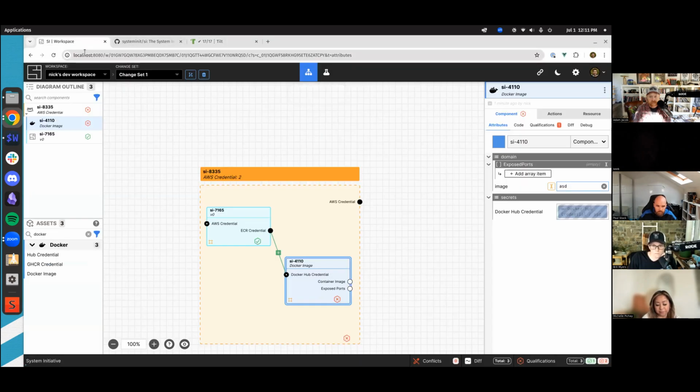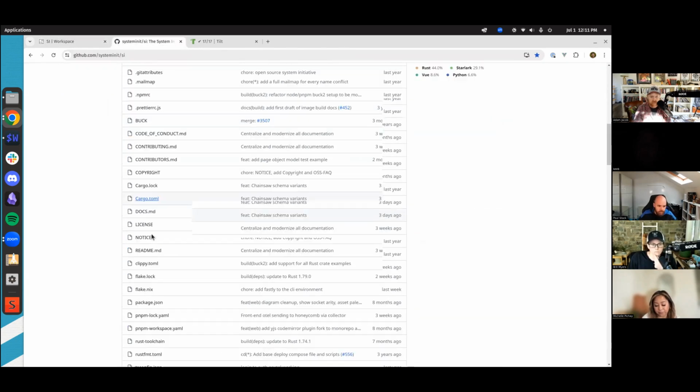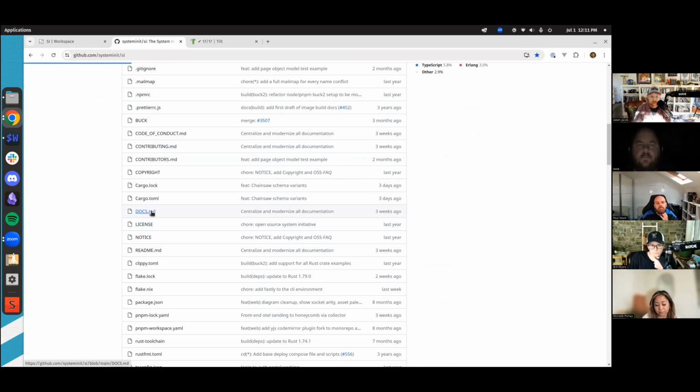The second demo I had is, and I should say, what that unlocks is the ability to chain secrets. We have some follow-up work with connection annotations needed in order to make it work better, but that's the first bit. And then for the second demo, this was like a week or two ago, I consolidated all of our